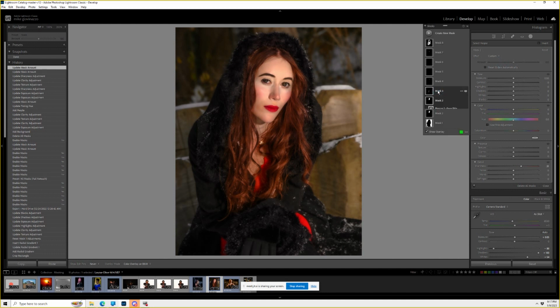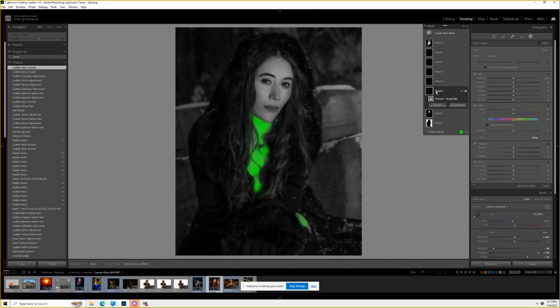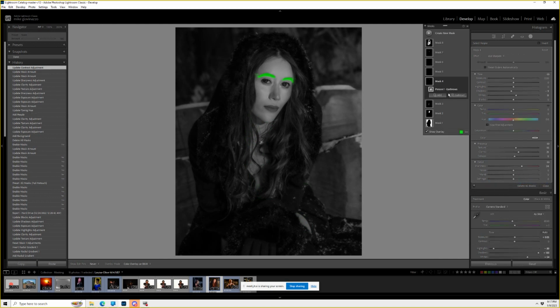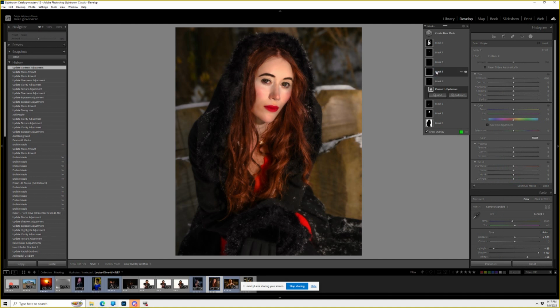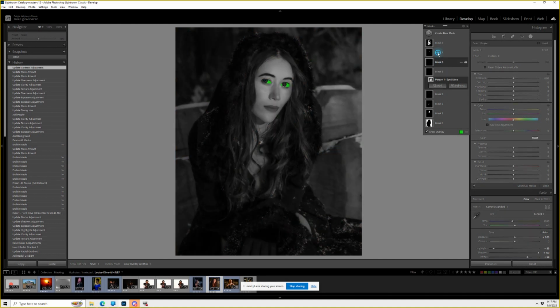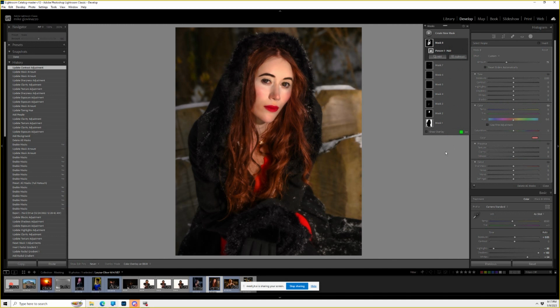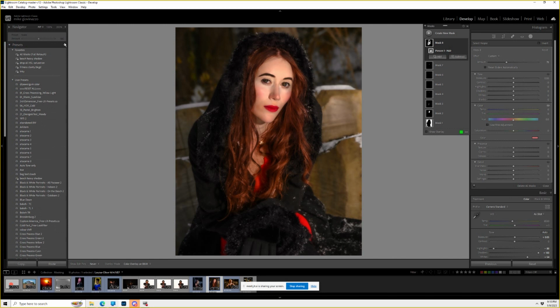And then I can do the same thing over here, mask, and this is her body skin. I probably don't want to do very much with that, just hit reset. But if this was a boudoir or whatever, I might want to do something with the overall skin. Eyebrows, again, what do I want to do with that? Well, I can come down here and say, sharpen or darken or whatever, and do something with the eyebrows, and so on. And I can do these all individually one at a time. But what I've done is taken all of these, created a set of adjustments that I've created on a regular basis, and I came over here and I can just show you, I'll just say add,